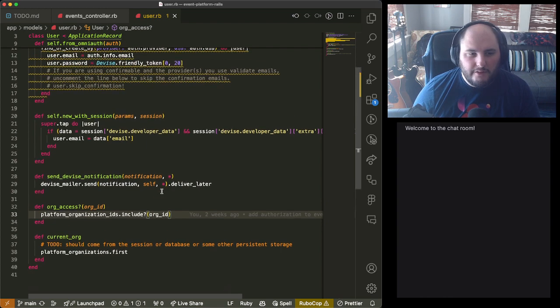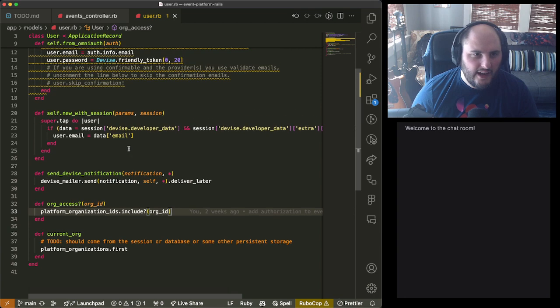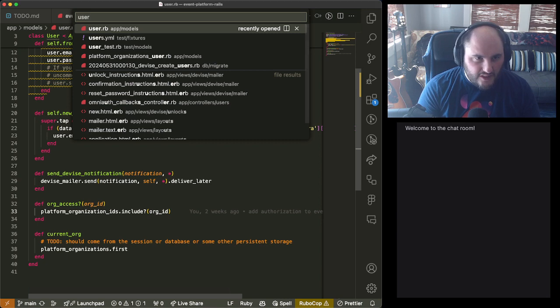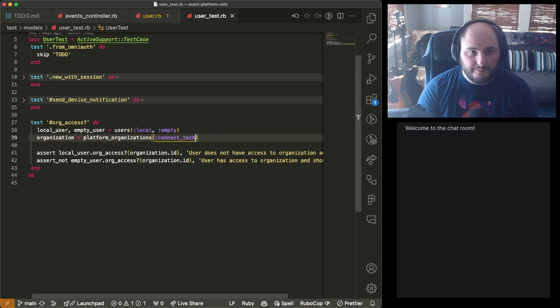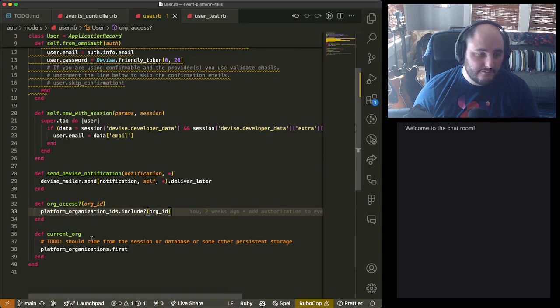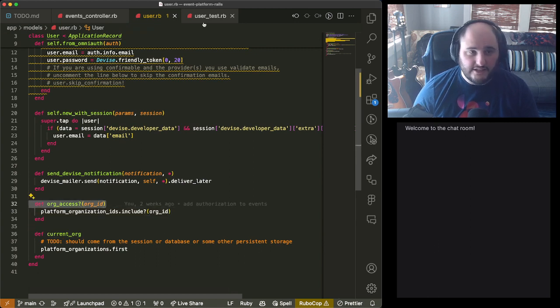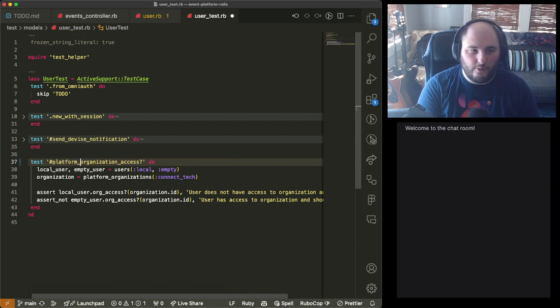We're going to have to be careful with how explicit we get because of naming collisions and all that. But I think we're going to make a couple of quick changes to our user model. I'm going to do proper TDD this time rather than starting from here and working backwards. So what I would like to do is change A, I need to fix this, and B, I need to fix this. First one, org access. I want to change this to be organization access. And this is really platform organization access. So I want to change this method to work this way.